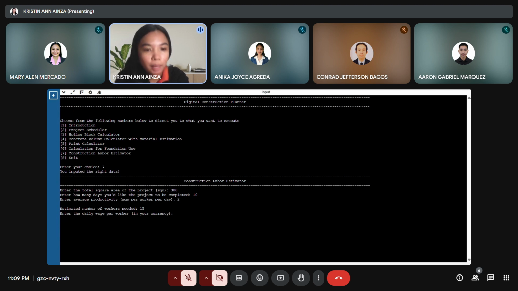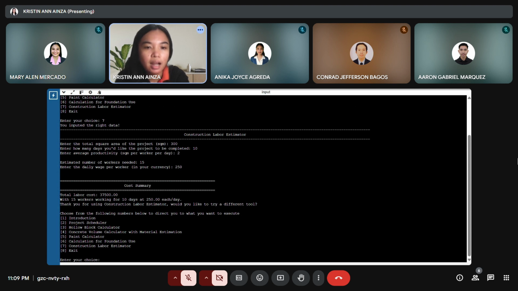Then it automatically computes the estimated number of workers needed. In this case, it says I will be needing 15 workers, and it asks me to enter the daily wage per worker in my currency. I will enter 250 pesos, and then the output will display the cost summary.